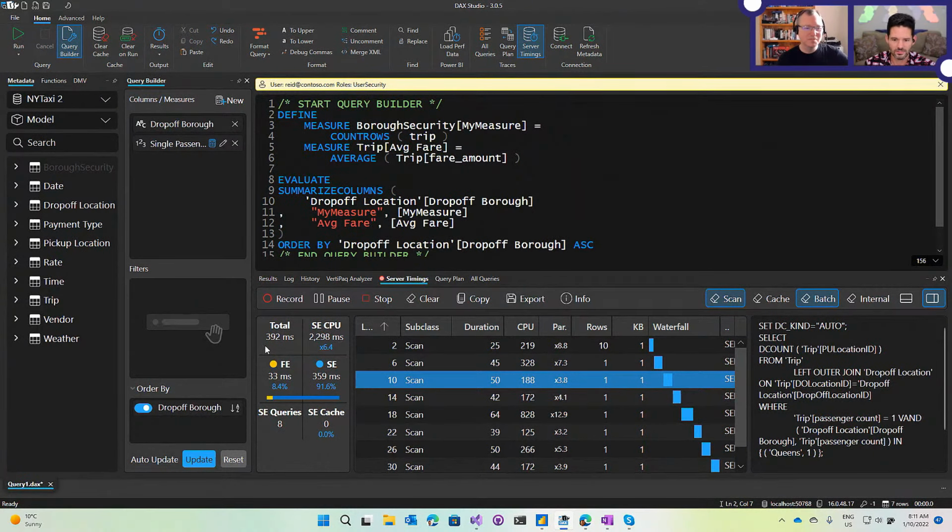Yeah. We can actually see, we should be able to see it. So this is taking a bit under 390 odd milliseconds and 8 queries. So this was the server timings I ran before turning this on. Yep. So one of the advantages of doing it this way is you can also run server timings. In version 2, you would have had to maybe create a second window and turn server timings on. It was tricky to run it,